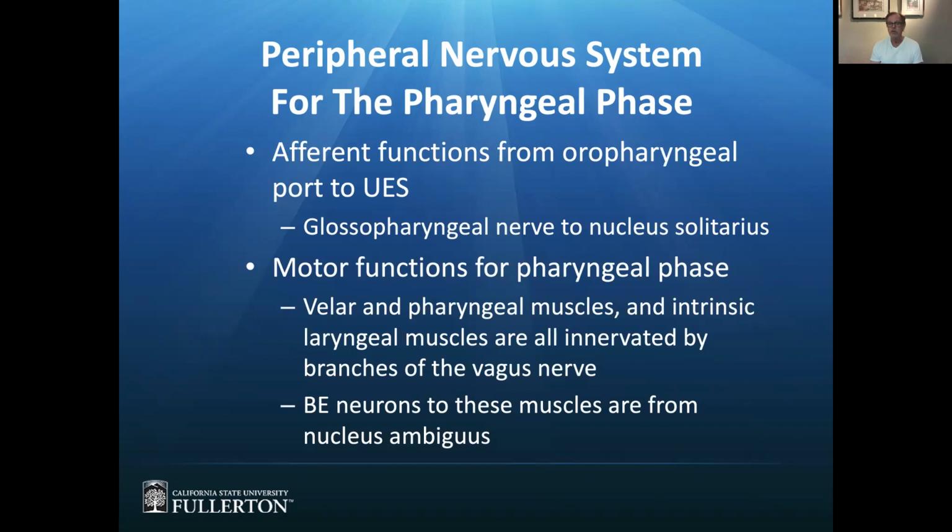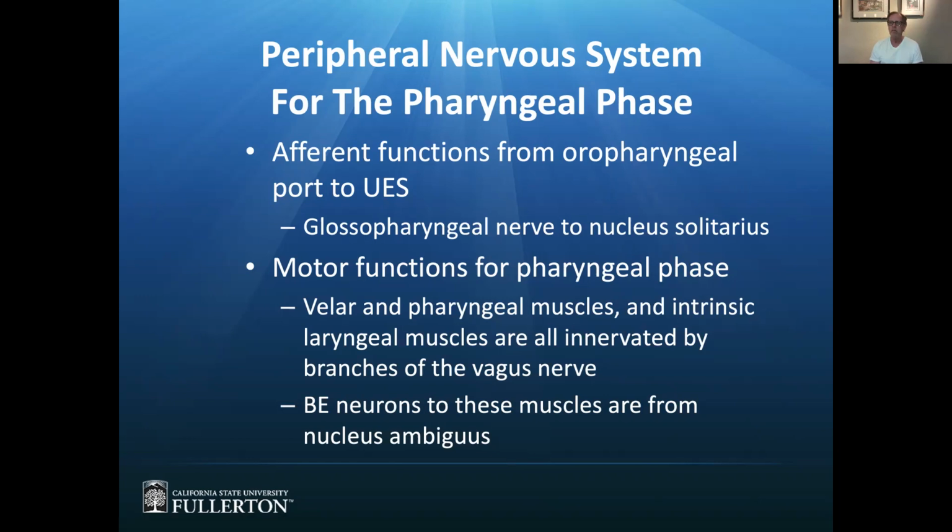posterior to the oropharyngeal port are subserved by the glossopharyngeal nerve. So that's all the way down to the UES, upper esophageal sphincter. And where's that nerve carrying the information that it picks up? To the nucleus solitarius. So going back to our last lecture where we talked about the steps involved in the